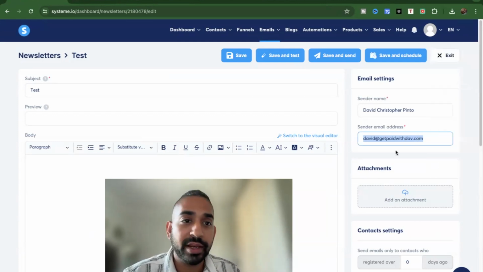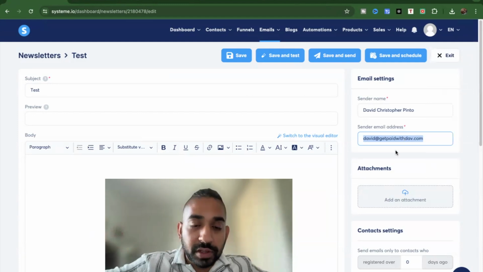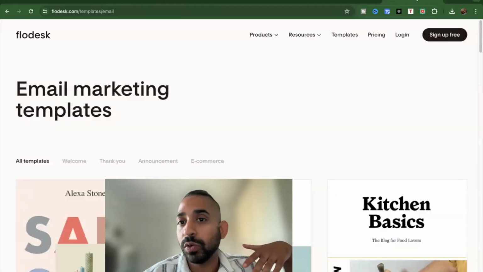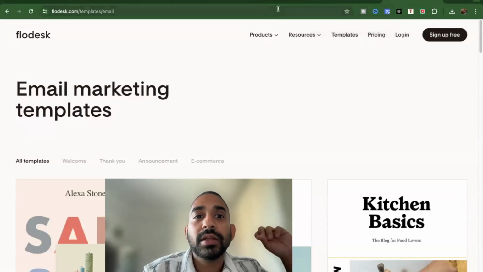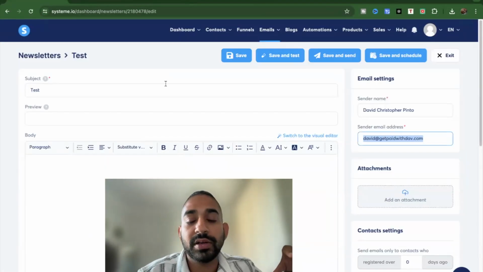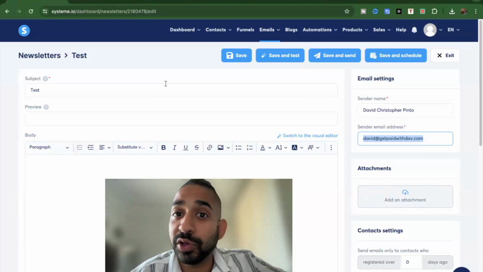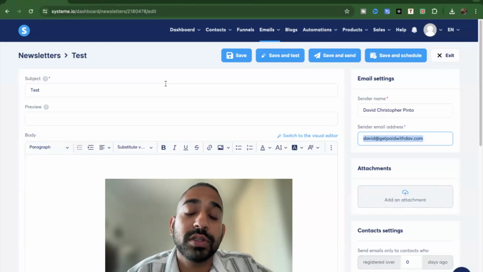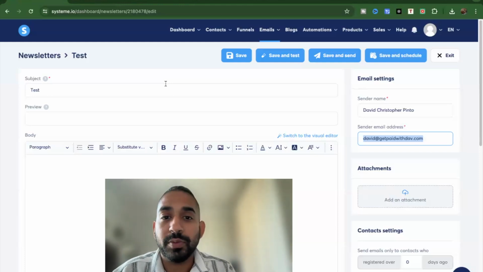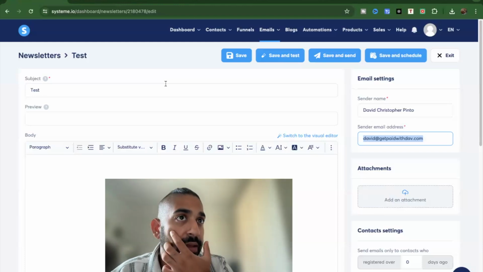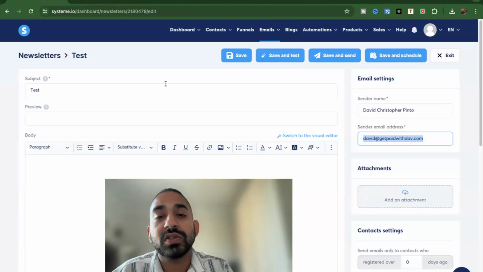Now, I got mine in GoDaddy. You can get yours in Namecheap. You can get yours wherever. Whether you have another email service like Flowdesk or Aweber or whatever, however you do your email marketing, you still, I believe, need to have a domain because it helps you in your marketing for the long term. We're not doing this as a side hustle here. We're doing this to set things up for the long term. Even if it's affiliate marketing, we're doing it for the long term, and therefore you need to have at least some kind of business expenses coming in. With your domain and your email domain, it's a very minor expense on a monthly basis, and it's the cheapest.